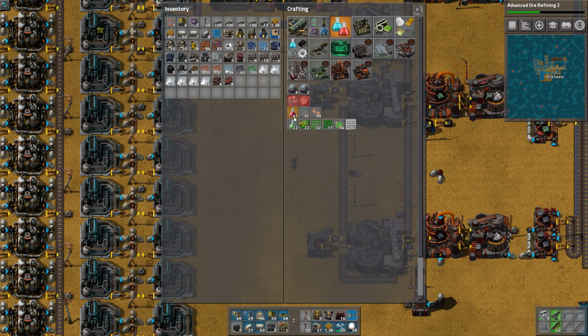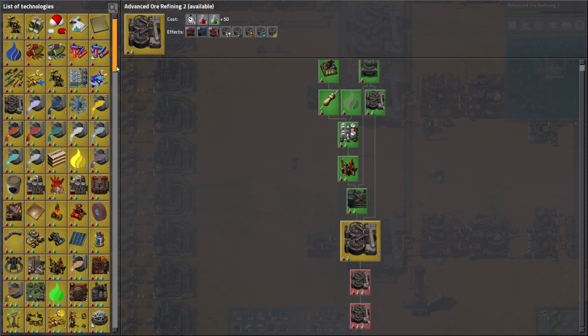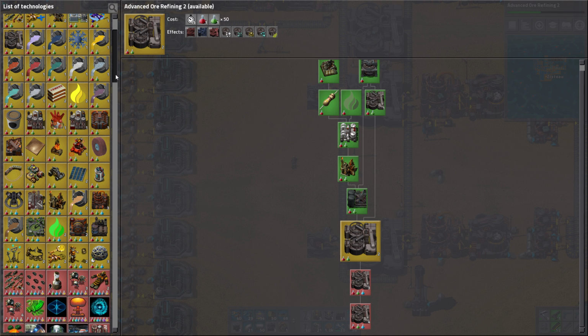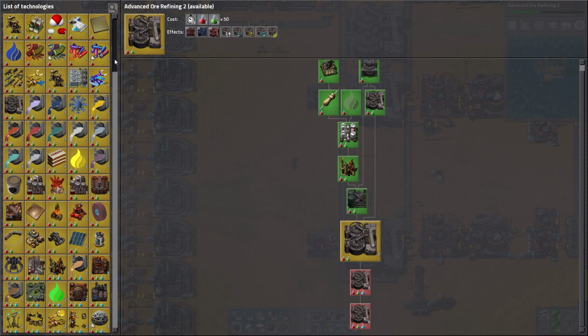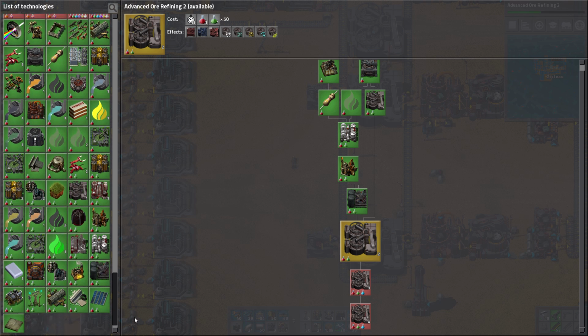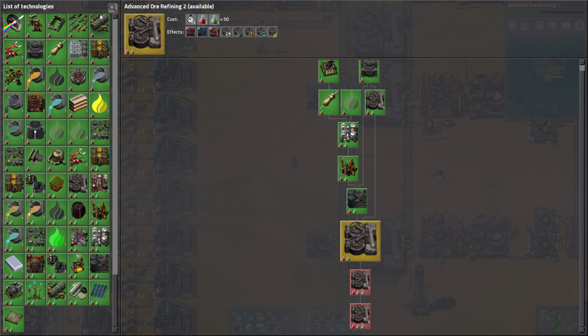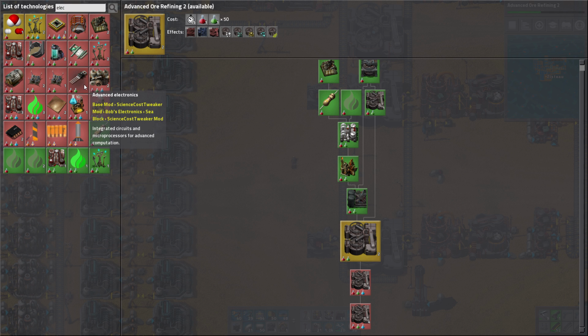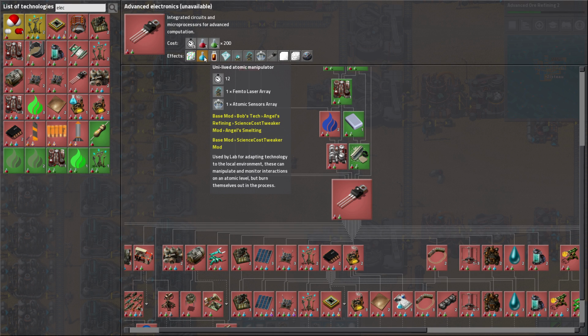Did I get access? No, we don't have access to the blue science yet. I did find it, though. It's in the electronics. Sometimes it's hard to find things in the menu. If I scroll all the way down, or I could just use the search bar. I guess maybe that's easier. Yeah, it's this one. Advanced Electronics gets us the